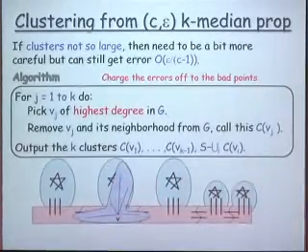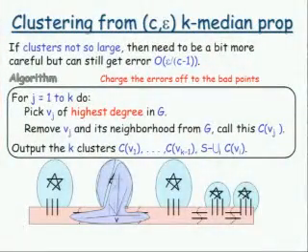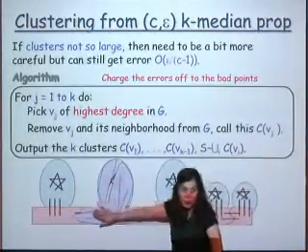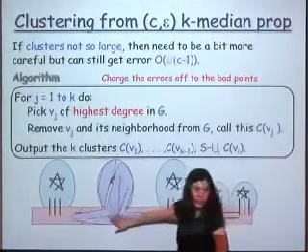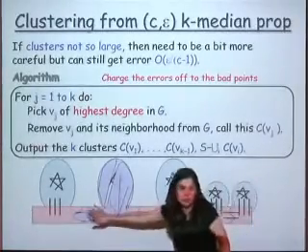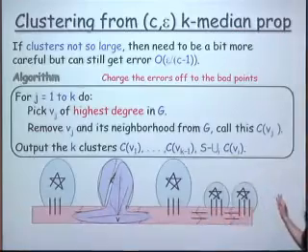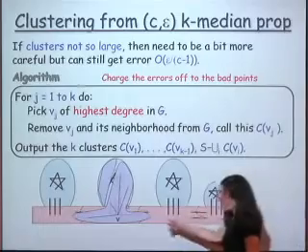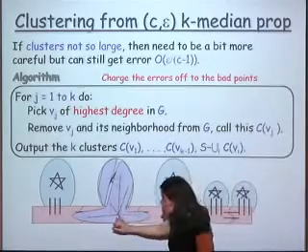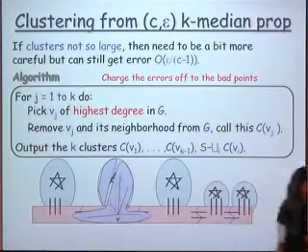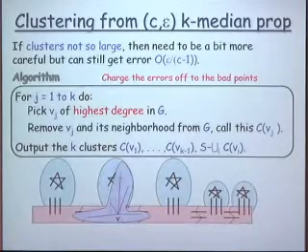However, since we are greedy, we know that we must have pulled out at least Ri bad points as well. This was the vertex of the highest degree, so if we missed Ri points here, that means that we must have pulled Ri bad points here. And so that means that we can basically charge off all the errors to the bad points. And so we get a clustering of error, again, of the order of the fraction of the bad points. And notice that here it was essential to use the fact that any bad point only touches one of the good sets. So this case was the only bad case that we have to consider.